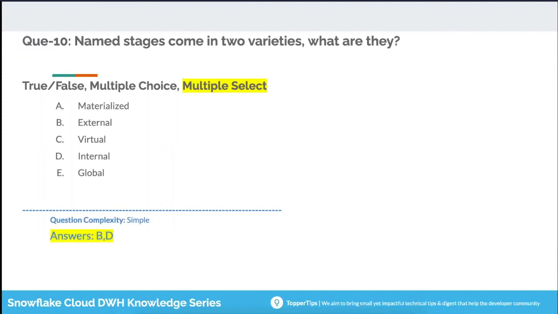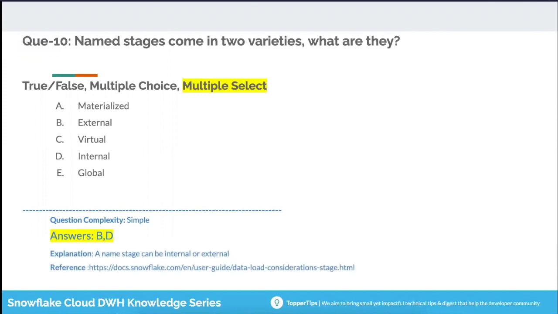So you know it is only external and internal. Sometimes Snowflake would ask you if the internal stages are the same as the platform provider, and you can say yes, because internal stages are nothing but, if it is hosted on AWS, S3 would be the internal stage, and if it is hosted on Azure, then probably ADLS Gen 1 or Gen 2, or the blob, would be the internal stage. So make sure that you try to attempt the answer effectively.